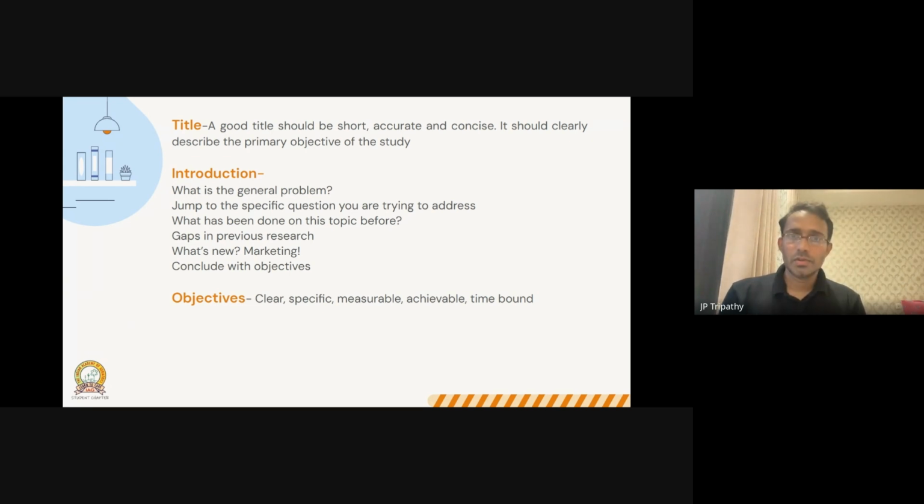What you're trying to do, you should be able to measure that, and the most important thing is you should be able to achieve your objectives within these few months of data collection and project completion. So if you can demonstrate that you have 2 or 3 clear objectives and you can finish them within these few months, and you have a plan for how to finish your protocol, your project, in these few months, that's a good protocol for you. Next slide, please.